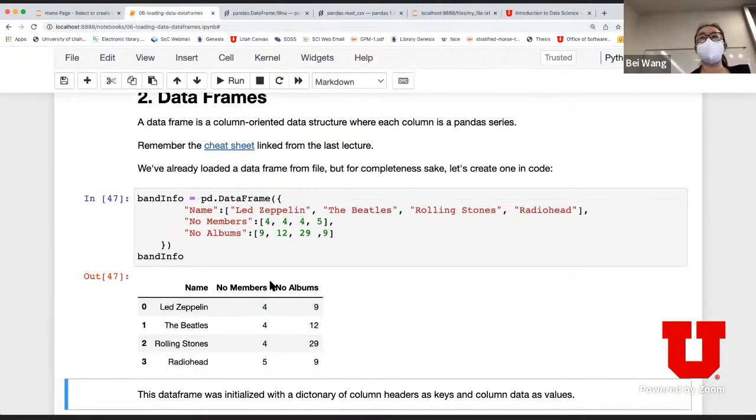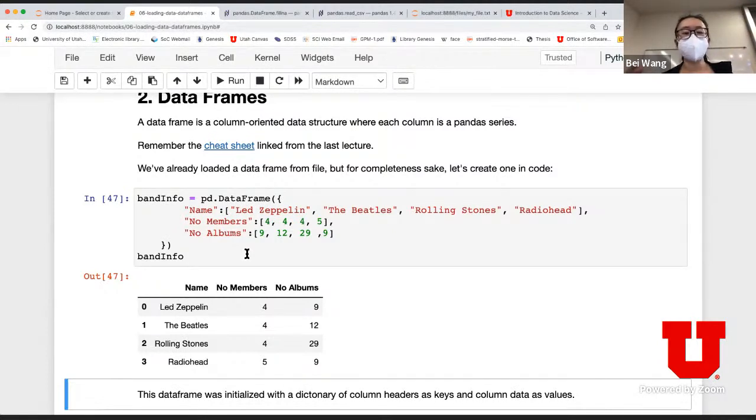I'm going to create a table. And the way to create the table is I'm going to have the name column be the singer's name. I'm going to have the numbers column as a bunch of numerical values. And I'm going to have the new album column, the number of members and number of columns, to be a bunch of values. So by doing this, I literally create what's called a data frame, which in your mental image is just a table of data.